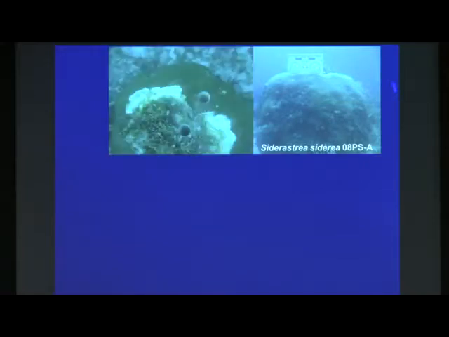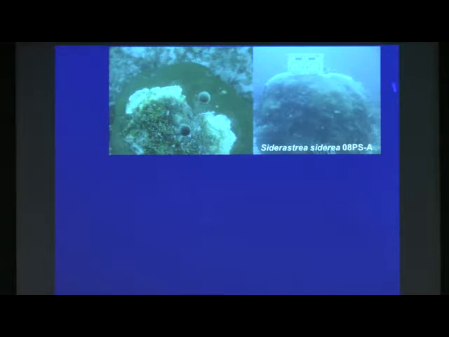Okay, so we'll move forward. All right, so just a little background on the corals. We went out in 2008, the USGS, and we cored several coral colonies out there. This is the largest of the colonies, 08 PSA, a Siderastrea siderea coral. These corals typically grow very slowly, about 4 millimeters a year. So a tall colony such as this, almost 3 meters tall, or sorry, 2.5 meters tall, is an older colony.